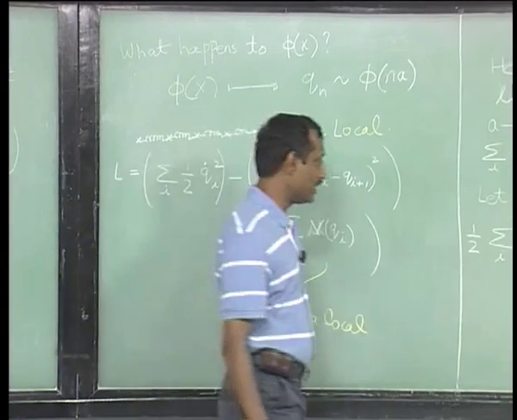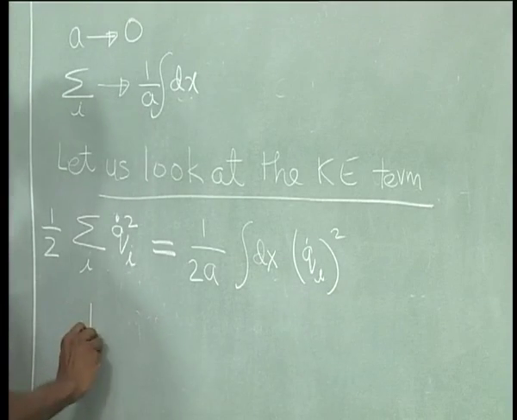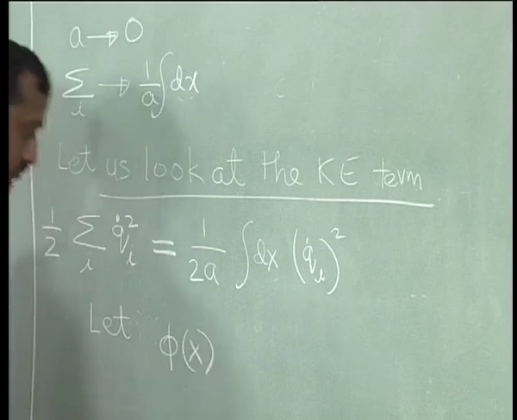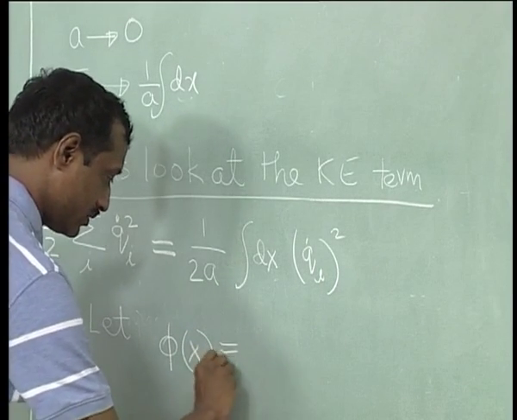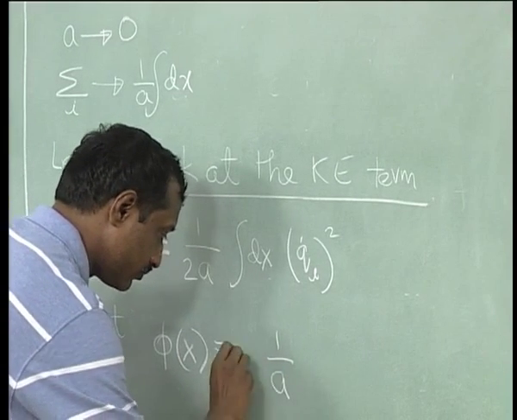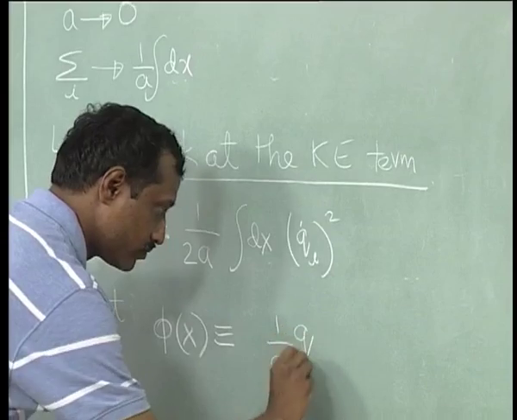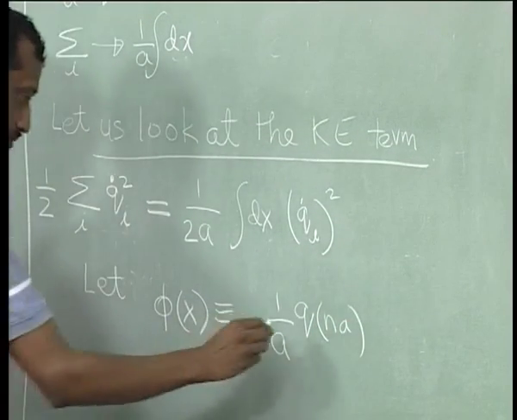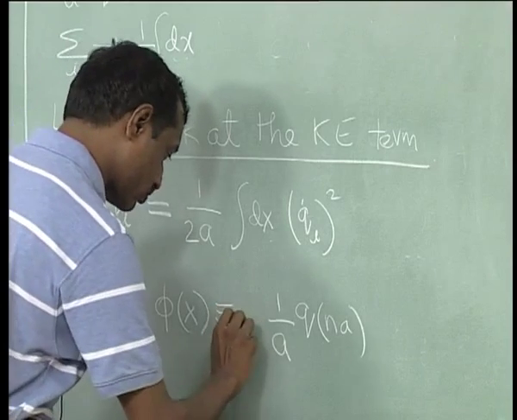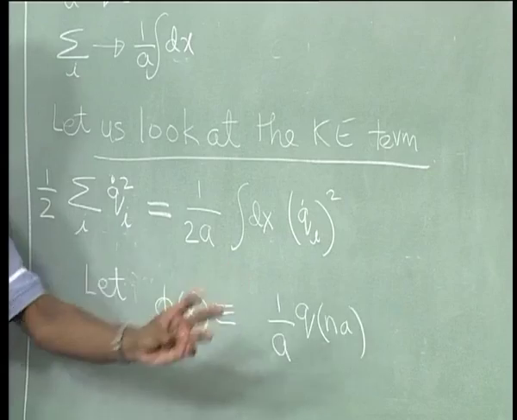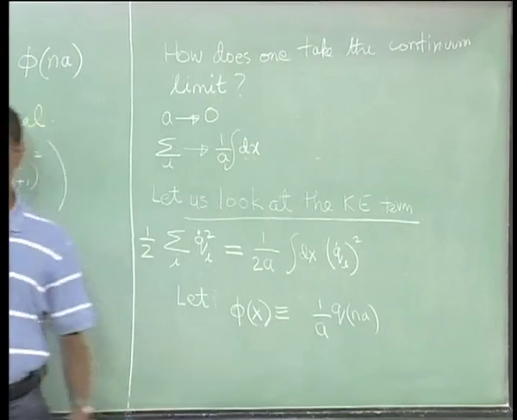So we just go ahead and define phi of x to be, you can see that what I have to do is take a limiting process, but if I define it this way, I get